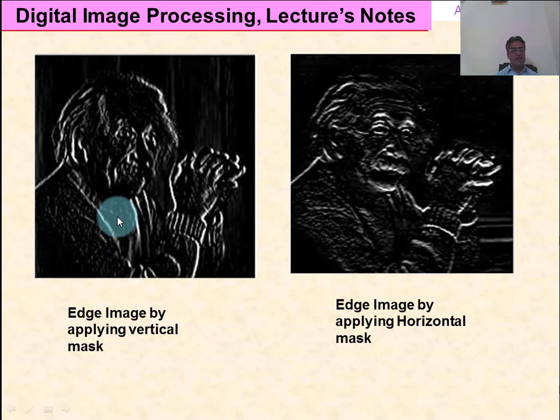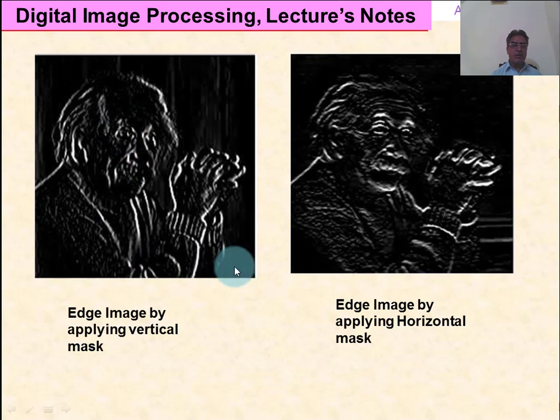There are some horizontal, vertical or diagonal masks. So when we perform the vertical mask, we will get the vertical edges. These are the vertical edges. You may see it. This is a vertical edge. This is a vertical edge. Here you may see the vertical edge of the shirt or the coat of the handstand, and this is the vertical edge of the hand. These are the vertical edges of the coat of the handstand, and similarly these are the vertical edges of the hairs and the mouth face.